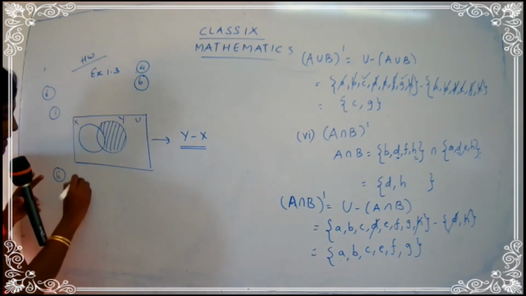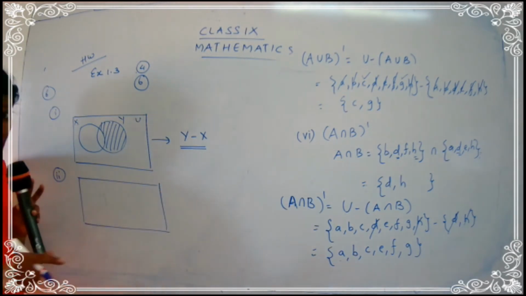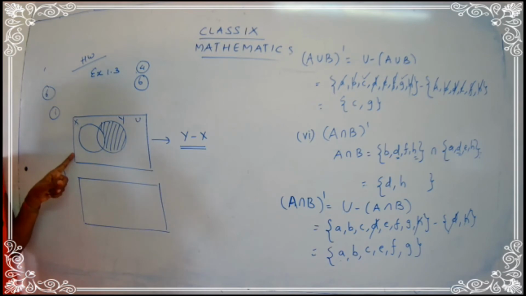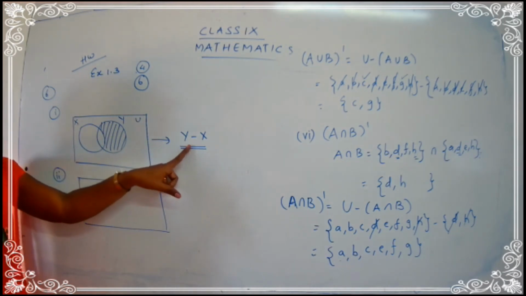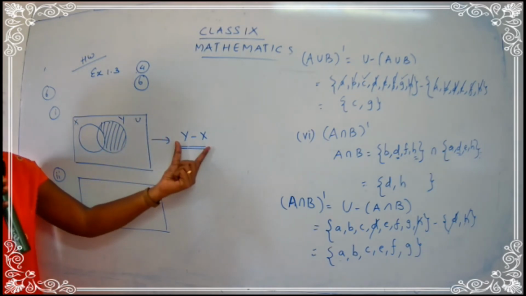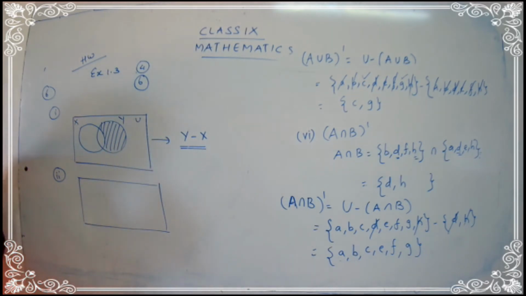Okay, I'll just give you an idea. You are going to present this in your homework. I've already given you an idea for the first sum. Yes, children? So you are going to draw the figure. One line answer. You can write the answer near to it. That's all. Now second one, see the second one.